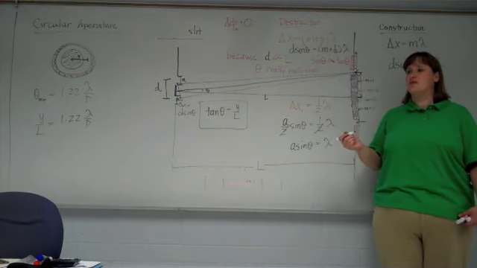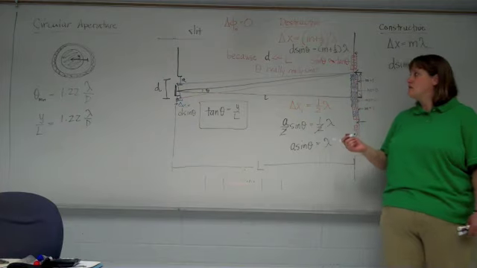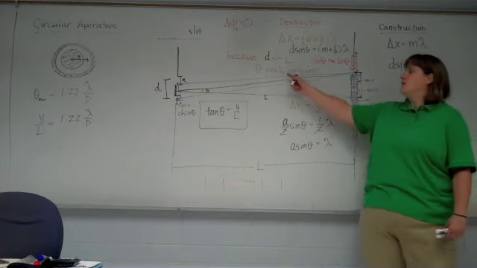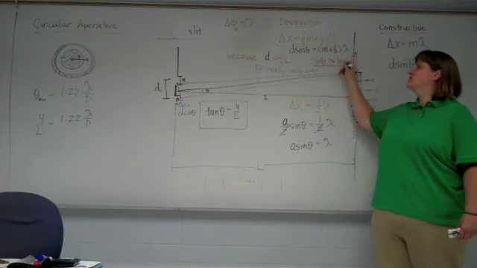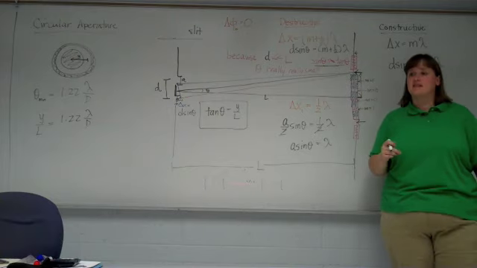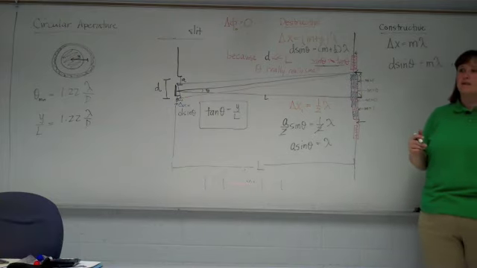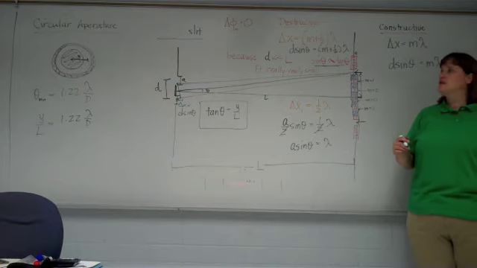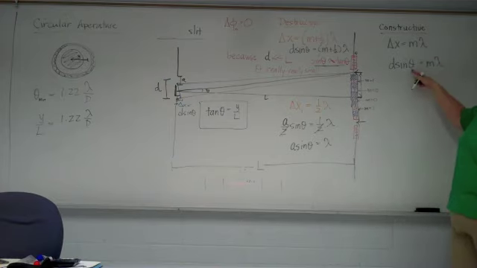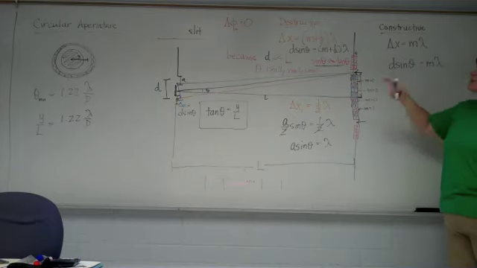Because d is so much smaller than L, our angle is really, really small. The sine of theta and the tangent of theta are the same thing, which is also the same thing as theta in and of itself. So you can write these equations as theta would be m lambda over d if you want. Plugging in y over L,